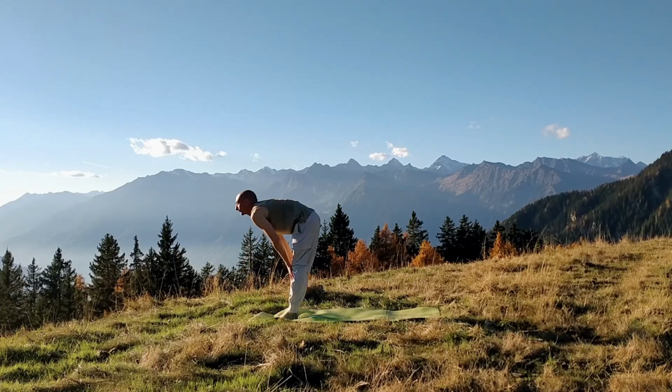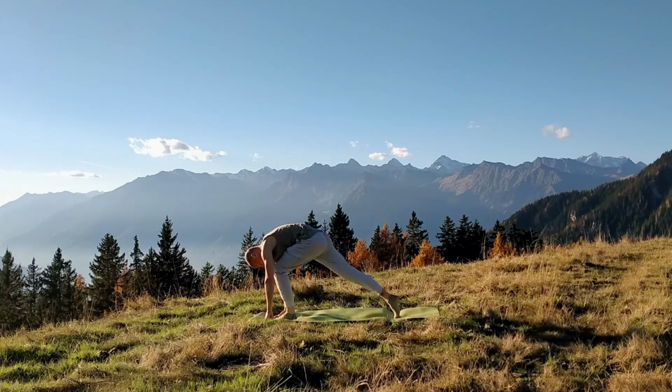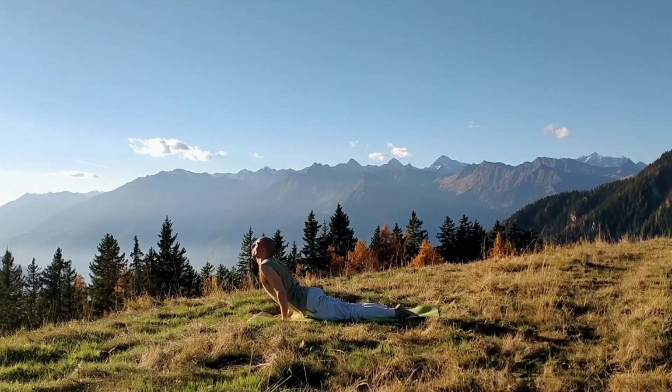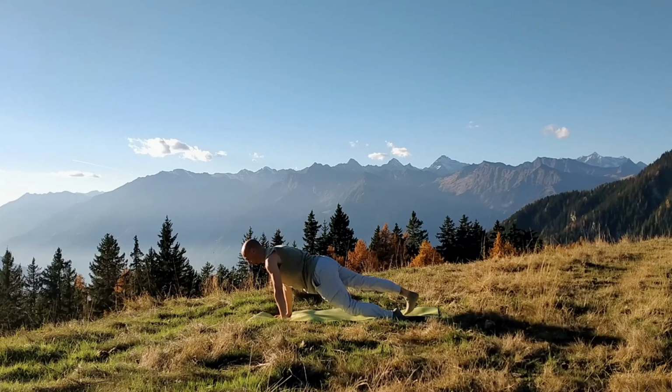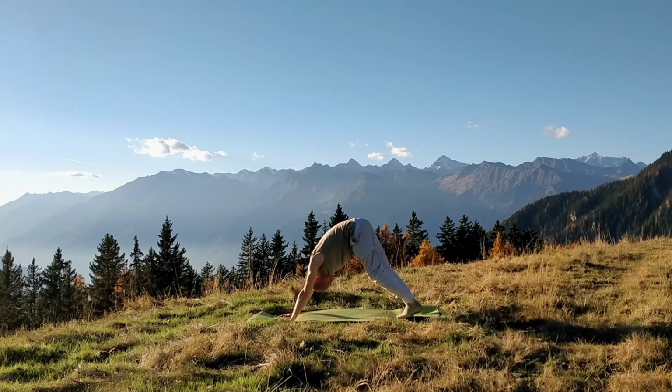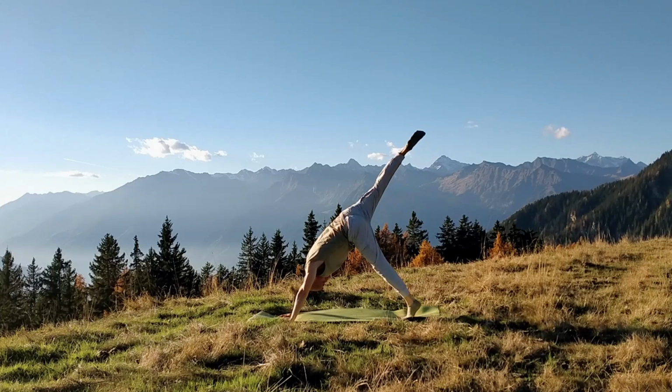And take a deep inhale, halfway lengthen, Ardha Uttanasana, and step back into a plank, Chaturanga. Inhale, upward facing dog, and exhale, downward facing dog. Pushing your feet into the mat, length through the shoulders, pushing your sit bones up to the sky, and on